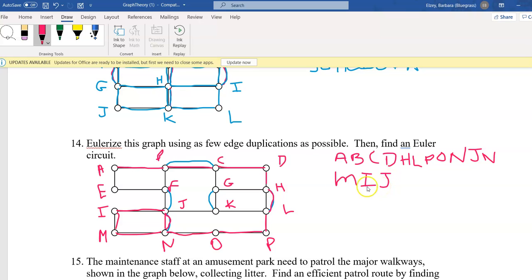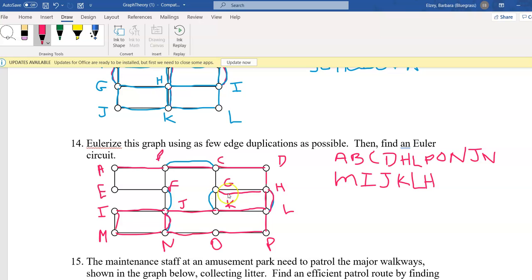All right, let's see. Let's go across to K, over to L, up the black edge to H,